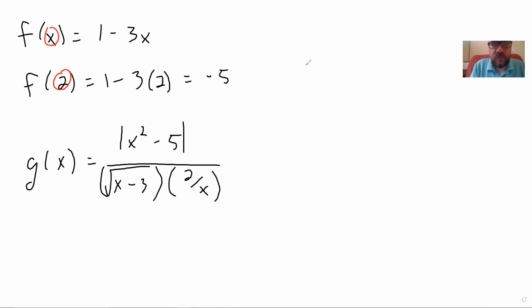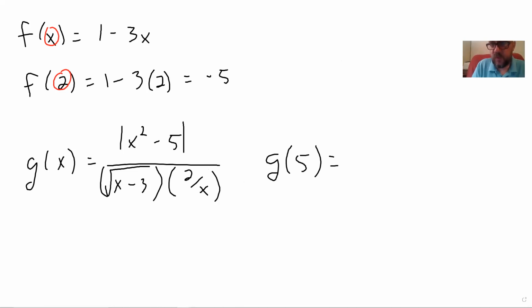Basically I'm just going to plug in something. What do I want to plug in here? Let me take a quick look at this. I want something bigger than 3, because anything 3 or smaller will cause this to not work. I don't want to use 0. So let's pick 5. So I'm going to say g of 5